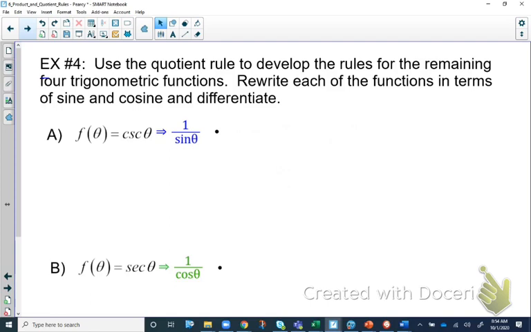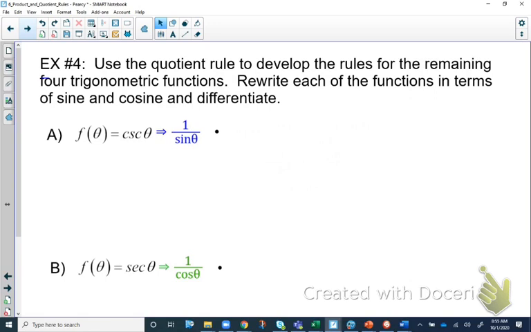In the last lesson, we used the limit definition of the derivative to show you that the derivative of sine is cosine and the derivative of cosine is negative sine. Well, here we're going to do the same thing to justify what the derivative of the other basic trig functions are. So we're going to look at cosecant, secant, tangent, and cotangent, so that we can have